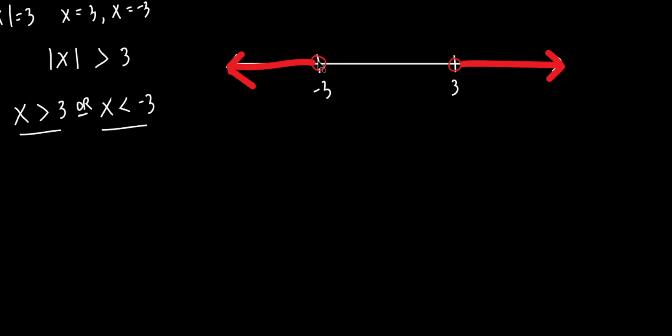Let's pick a number to the left of negative 3. Give me an easy number to the left of negative 3. Negative 5. Let's put a negative 5 in for this. What's the absolute value of negative 5? 5. Is 5 greater than 3? Yes, it is. Okay? And of course, if you put a number that's greater than positive 3, let's pick a